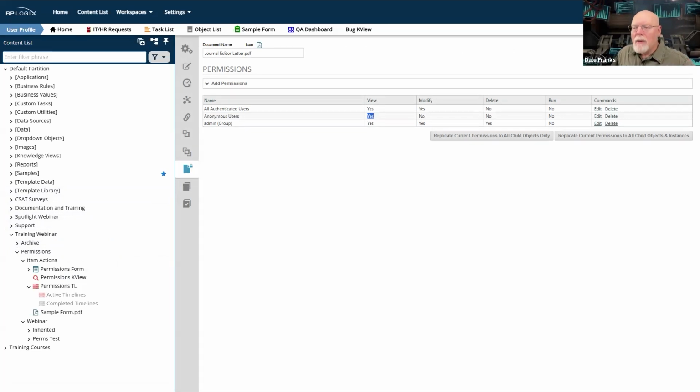Now, remember, we had to set this separately, and the way that we set this separately is via the item actions custom task.